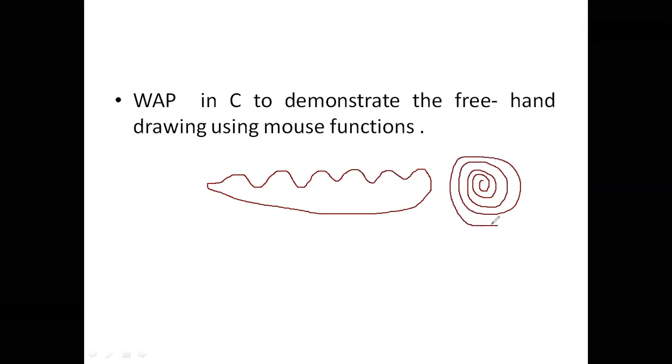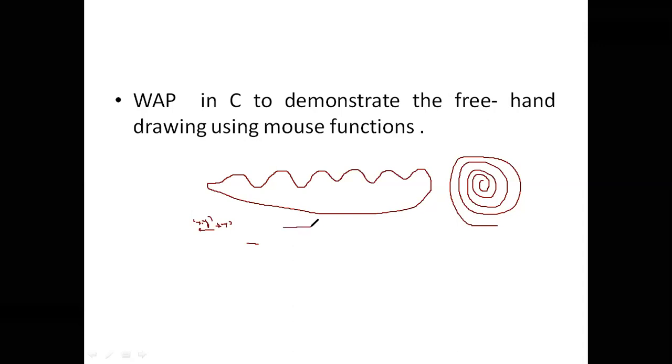So what I'm doing is getting the status of the mouse, that is, the left button is pressed. And I keep on getting the values of CX and DX. From the previous x and y coordinate, when I move the mouse to a different location, that is the new x and y value, a line is drawn. So we have to keep updating the mouse position